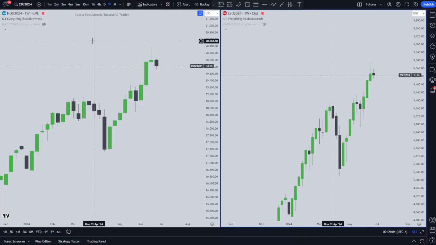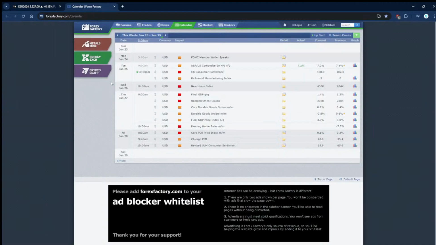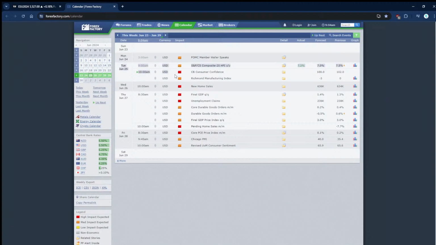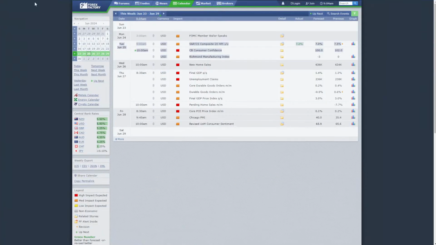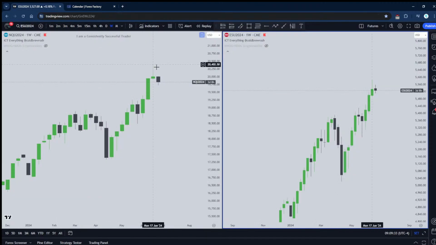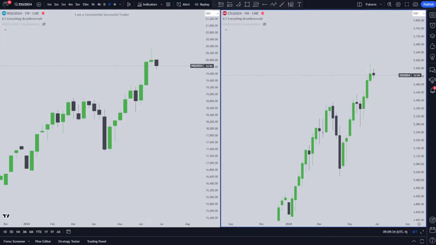We're gonna go over a lot of things today. First, I want to get through the entire checklist for my strategy, and to start that, I need to look at the economic calendar. So, we're checking what USD news events we have for today. We got one at 10 a.m. It's a red news. So that means we need to wait till 10 a.m.